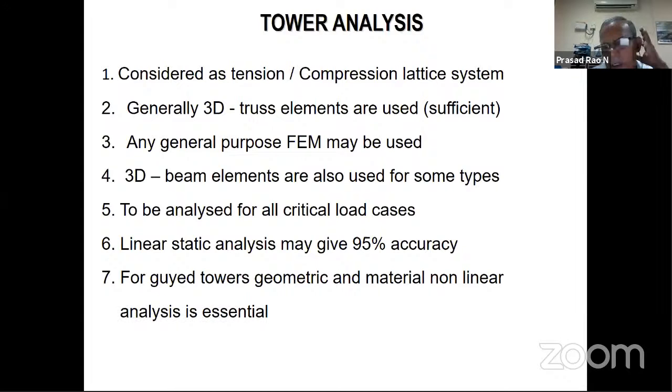Then 3D beam elements can also be used. See, when you go for a 3D beam element or beam column, the advantage is we can model all the secondary members. Secondary members play an important role in the stability of the structure. Definitely we have to model with secondary members, and we have to go for a non-linear static analysis where